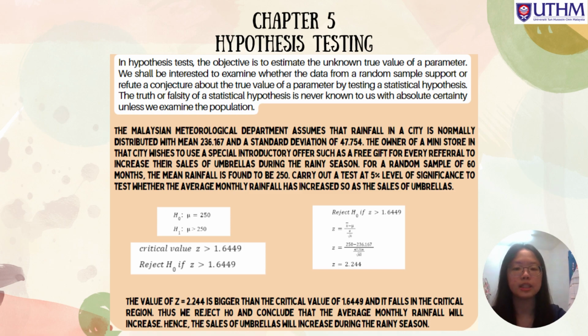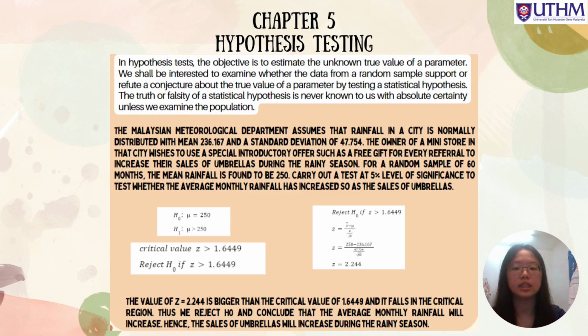For a random sample of 16 months, the mean rainfall is found to be 250. Carry out a test at 5% level of significance to test whether the average monthly rainfall has increased, and so the sales of umbrella. The null hypothesis is mu equal to 250, while the alternative hypothesis is mu larger than 250. In the conclusion, we get the value of z equals to 2.244 is bigger than the critical value of